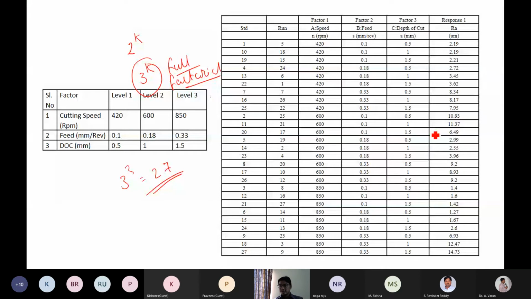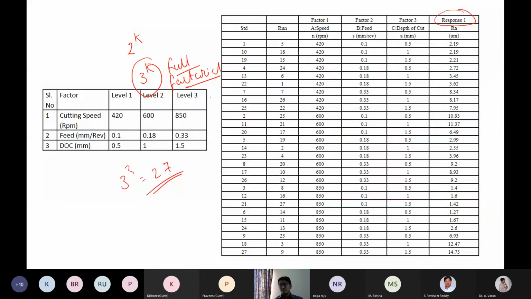I have already mentioned the response R1 here. From the experimentation, we got all these results. We had only one response, that is surface roughness.